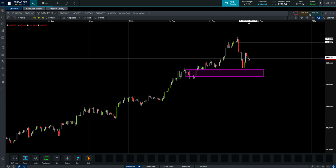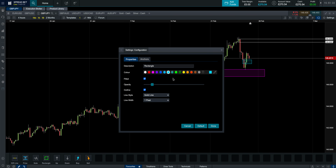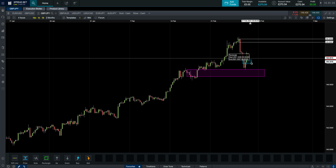Yeah. So if price does dip, actually, you know what? This is very interesting. Very interesting. Let's do the half just there. I'm going to change this to a weird blue colour because we're on the 4 hour. So a dip on Monday and then a run higher. The range we have to play with is